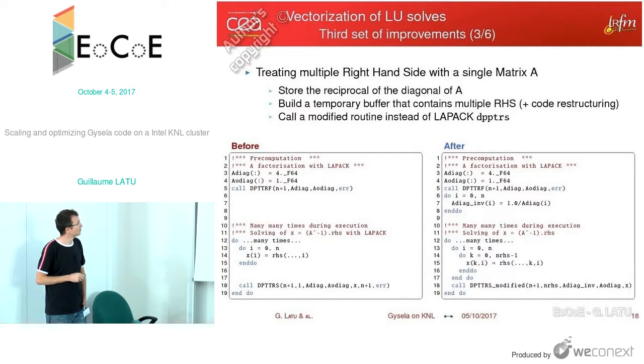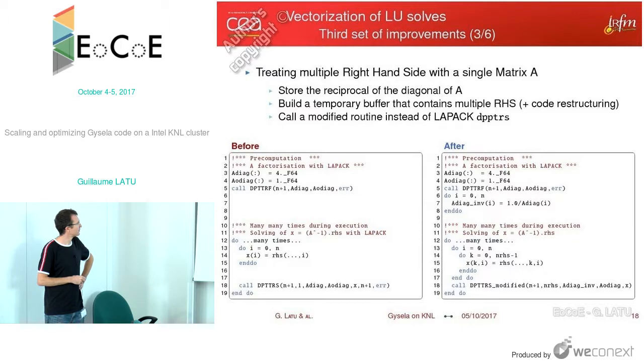You compute the factorization and put the division of the diagonal inside a dedicated data structure. That's one of the tricks we have to use: adding many temporary data structures to hold pre-computations.